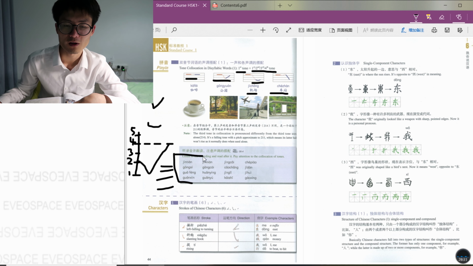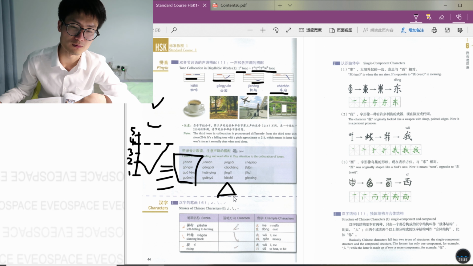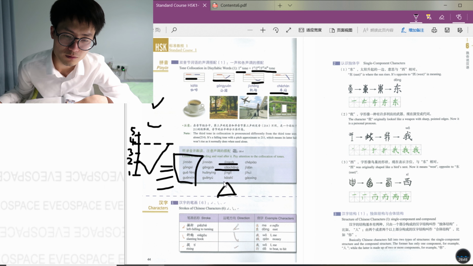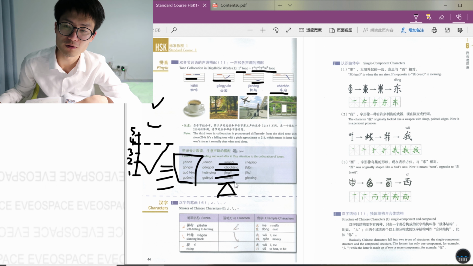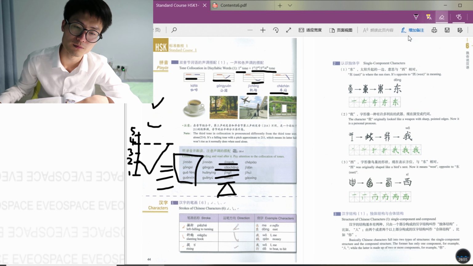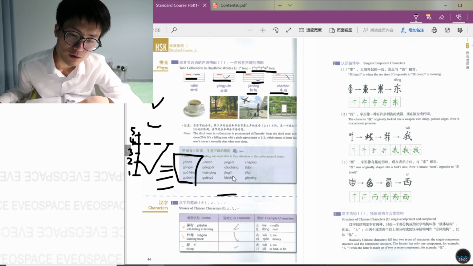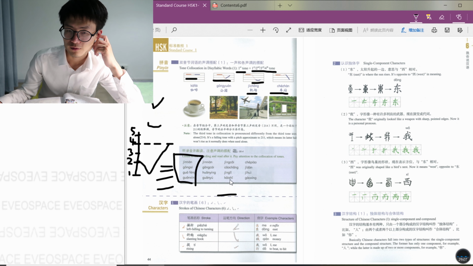Okay, these are the first tone plus first tone. Okay, I think the most important one is here. Okay, I'll just read them. 精彩，操场，经理，开始。